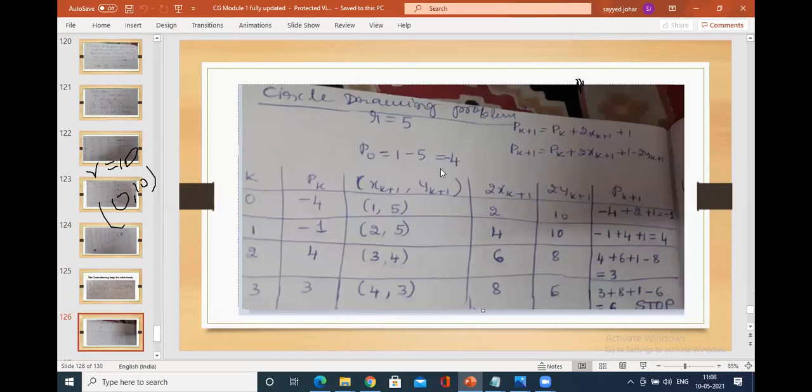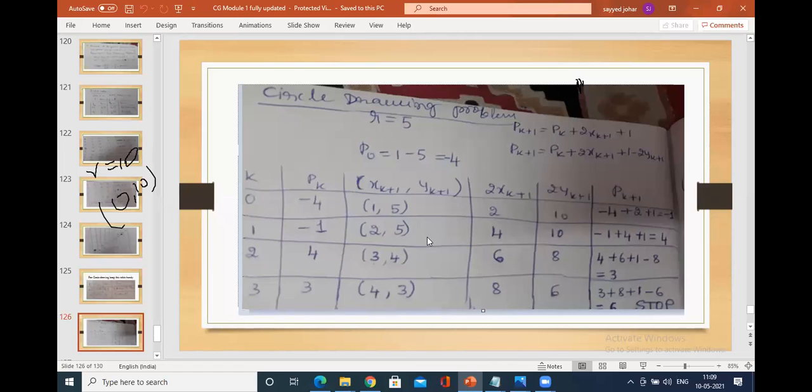So one more problem is there. Given the radius r, immediately you will calculate 1 minus r. So what will be the first intercept from 0 comma r, 0 comma 5? You will calculate what is this. This has been solved, so you can calculate on this also. So we stop it when it is equivalent to